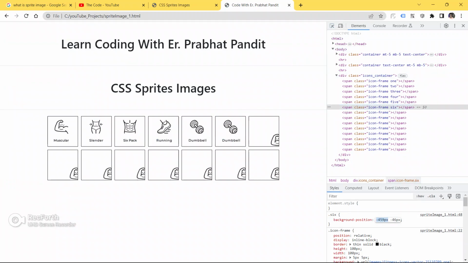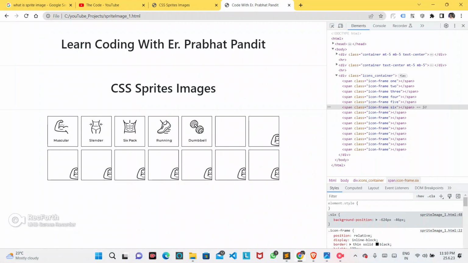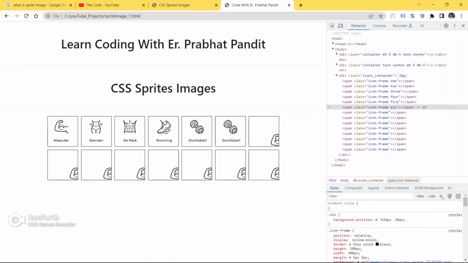So now we will change this images. After dumbbell there's nothing.